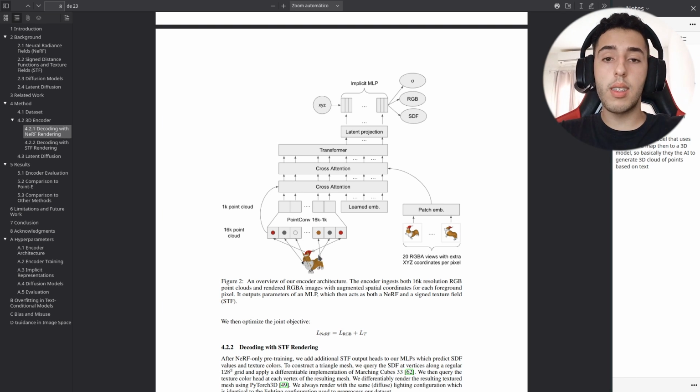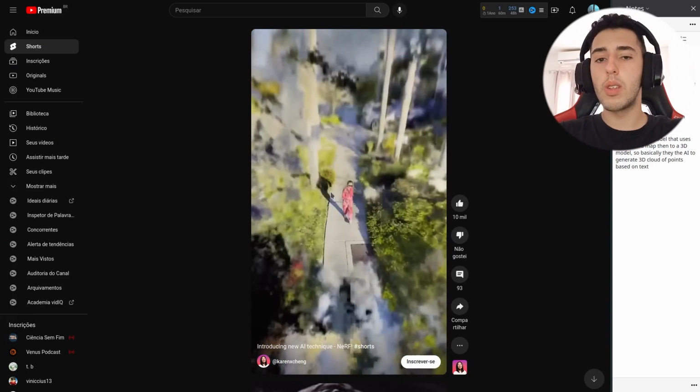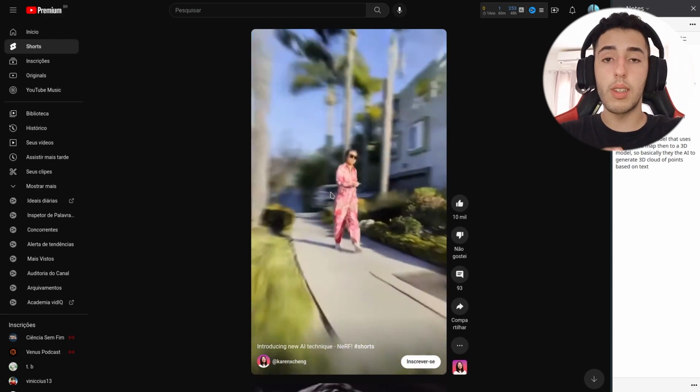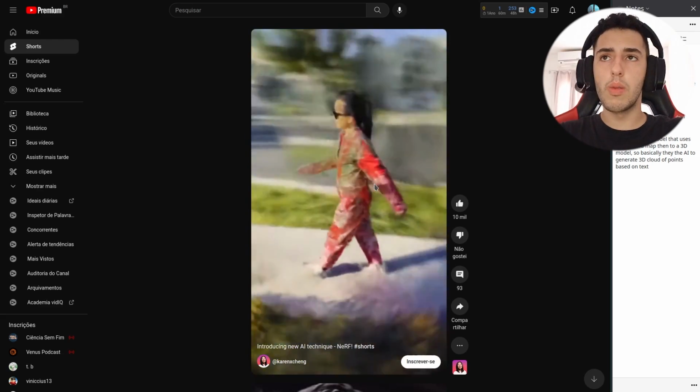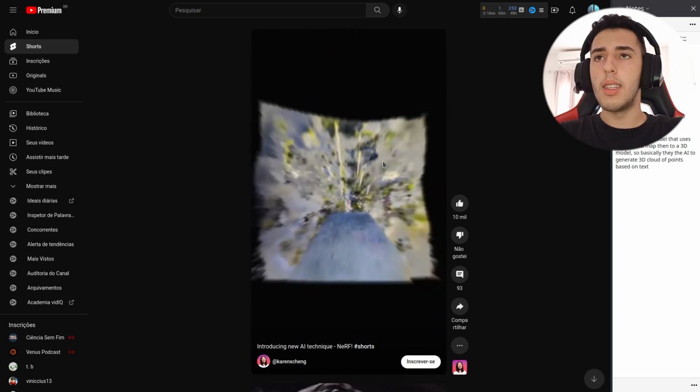To achieve this, they use what are called INRs, which basically map 3D coordinates into colors and density. The specific INR they are utilizing is called NeRF. As you can see here, this is pretty interesting. They use some images and can generate a 3D view of it, basically a cloud of points, and they map the colors and the textures.